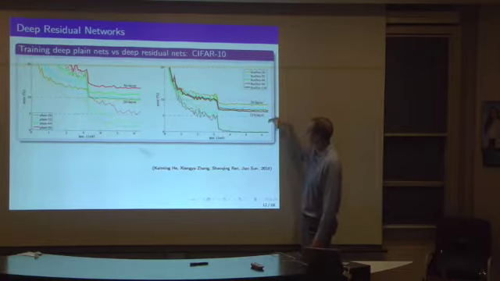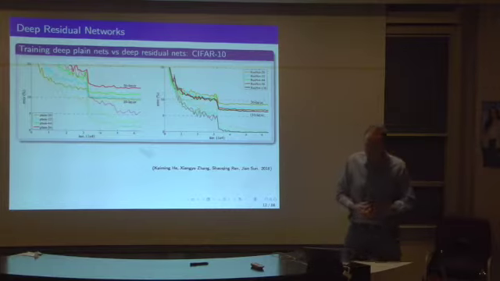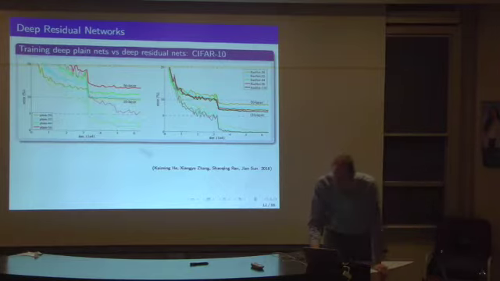Whereas in the residual net case, you see the optimization is more successful on train and on test. You're seeing an improvement, and actually things improve as the depth of the network increases. This is going from 20 layers, 32, 44, 56, about 110 layers, and things only get better in both train and test as you go to these deeper networks. So that supports this hypothesis that actually the identity connections are helping with the optimization.